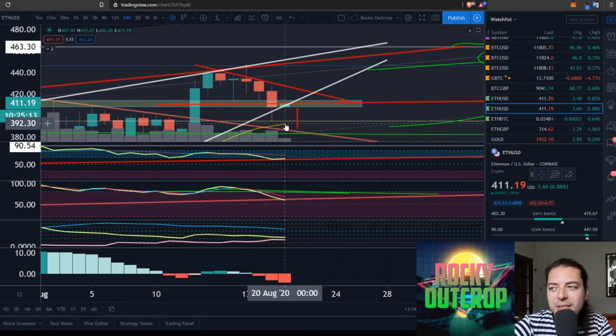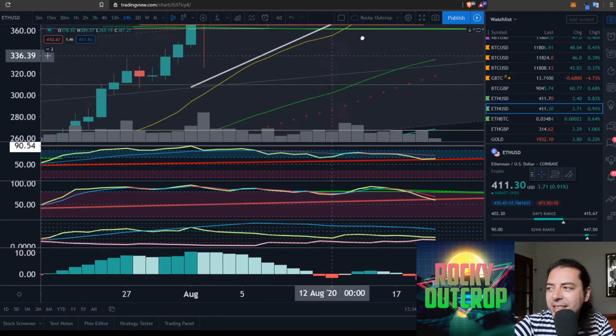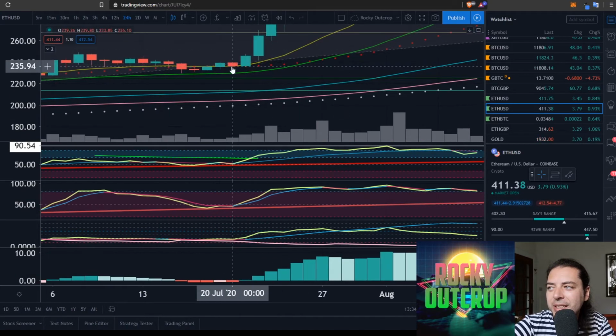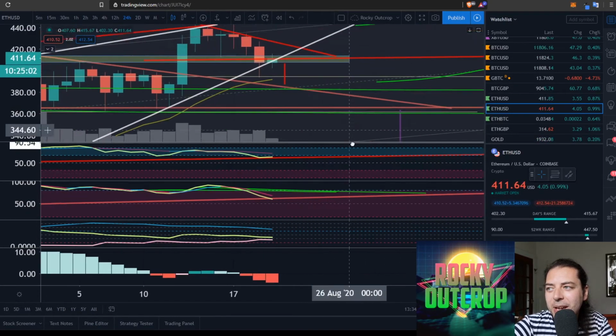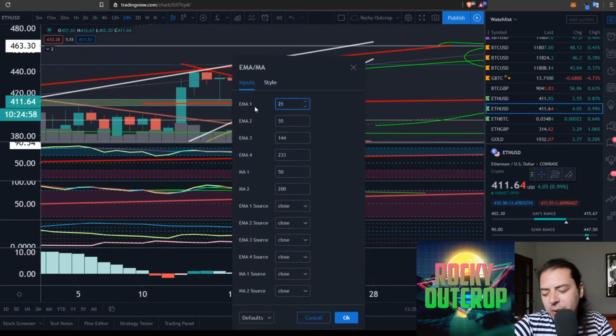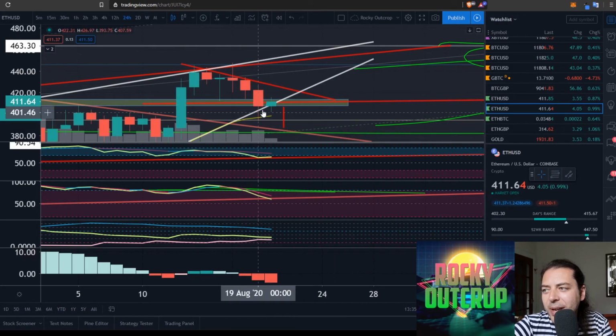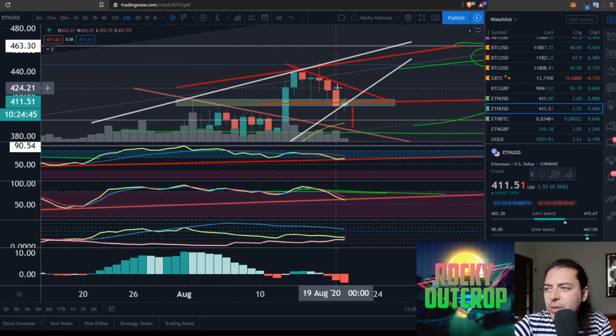Here's the 21 EMA. It's not been tested yet, quite yet. It's close to it, but it's not been quite yet. And actually, since this entire rise up the way, since over here on the 20th of July, we've not tested the 21 EMA. What if you're Peter Brandt, though, and you're looking at this and saying, hey, you don't use the 21, instead you use the 18, for instance? Has it tested that? Well, it has, and it went on past it. I don't like the 18 though. I use 21. It's a Fibonacci style number. Cool. Okay, great.